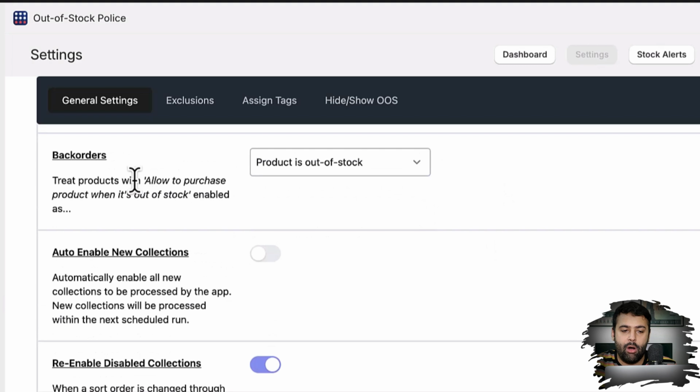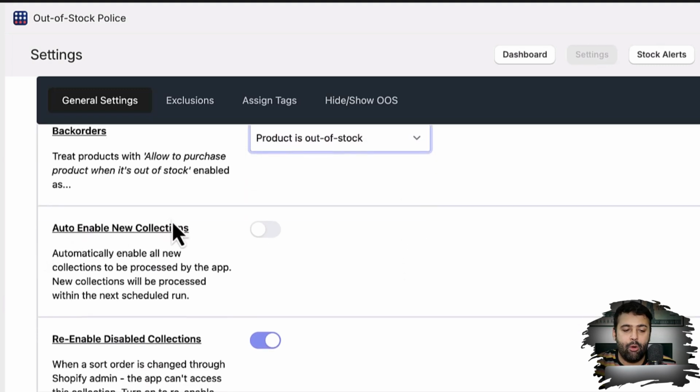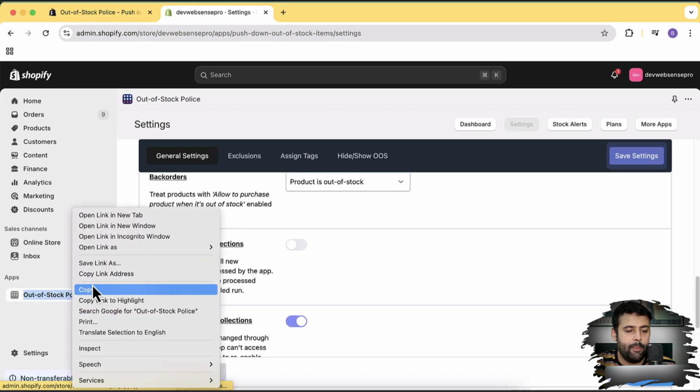And this is for back order. So you can have the back orders if the product is out of stock, or if you just want the back orders if the product is only in stock. And this is for auto enable new collection. So in previous settings, if I open that in the new window,